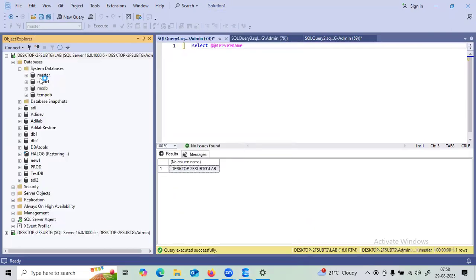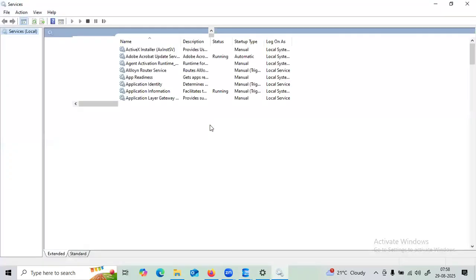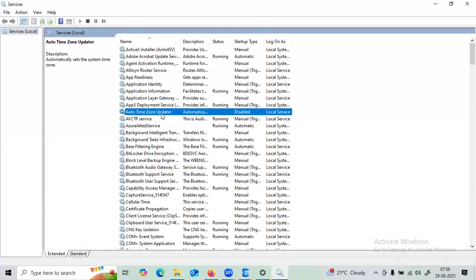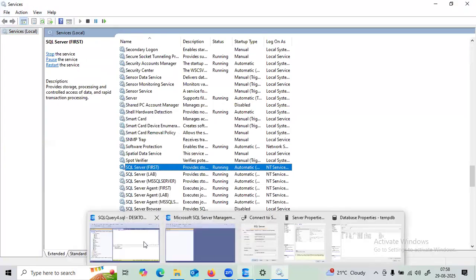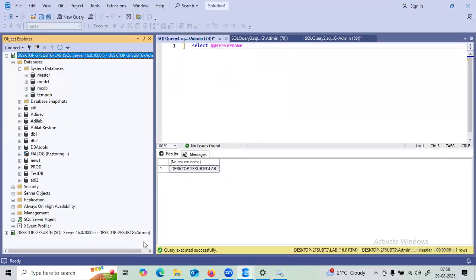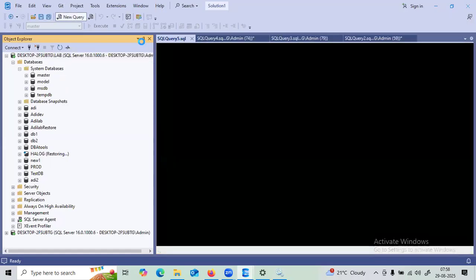The master database will come online, but I will show you here only. And one more thing I told you, right? Whenever we restart the SQL Server, when we reboot the SQL Server instance, the tempdb will be created, right? So if I go here,